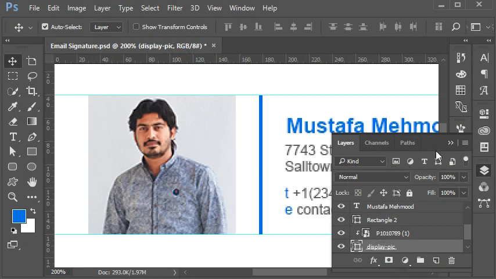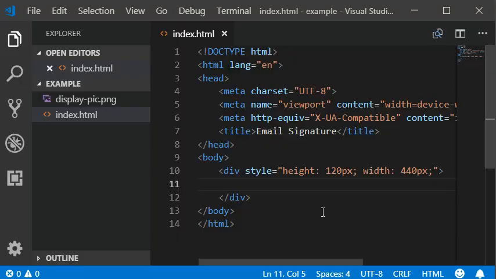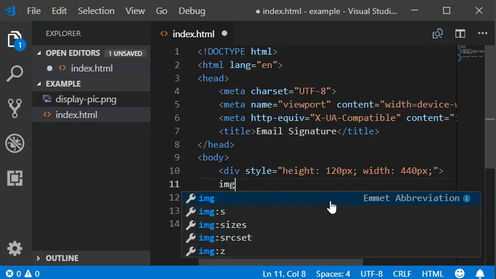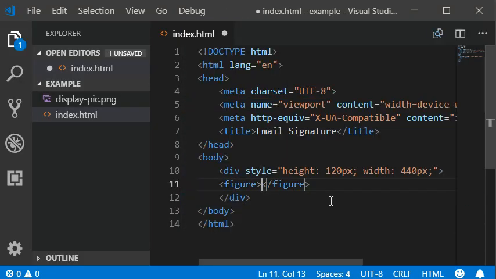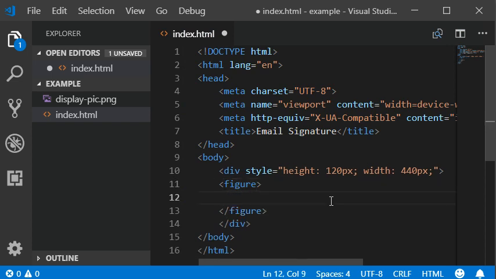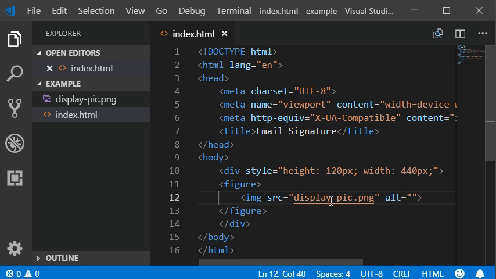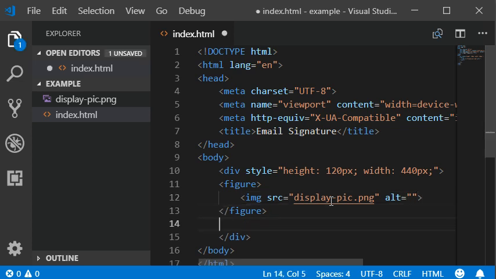Save, and now I'm going to add the image here with the figure. I have added the image here, and now I'm going to add a div tag with the style of